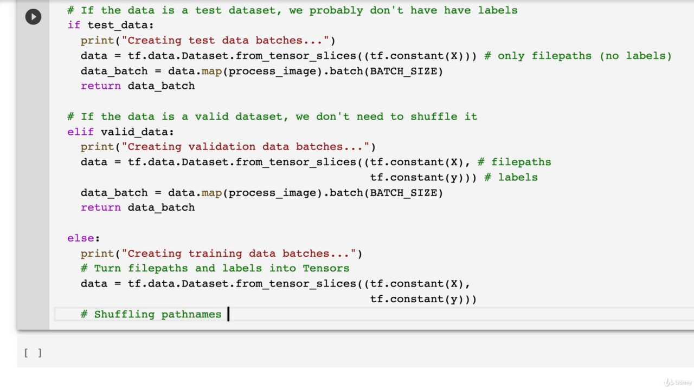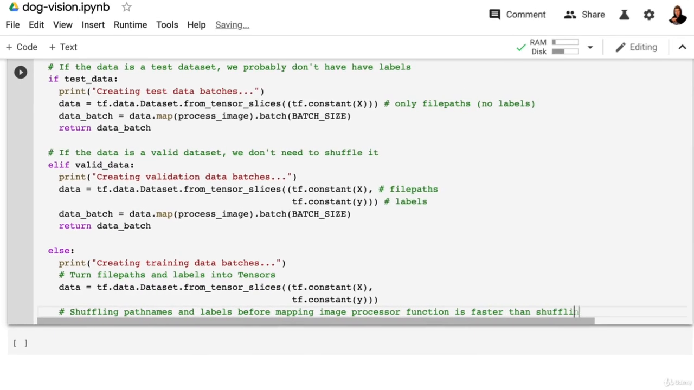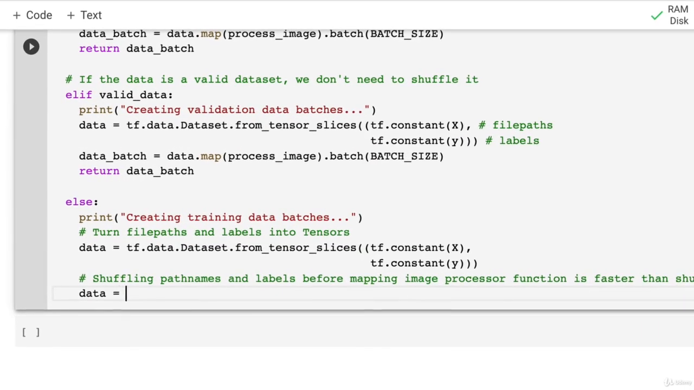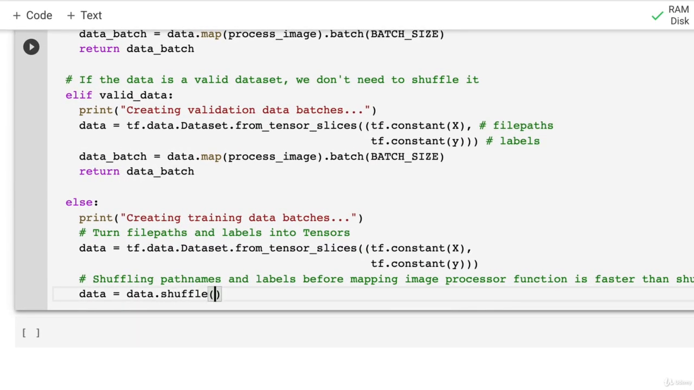So we want to shuffle the path names and labels before mapping. We'll go into this in a second. Before mapping, because the image processor function is faster than shuffling images. I'll just write the code so we can talk about it. data.shuffle(buffer_size